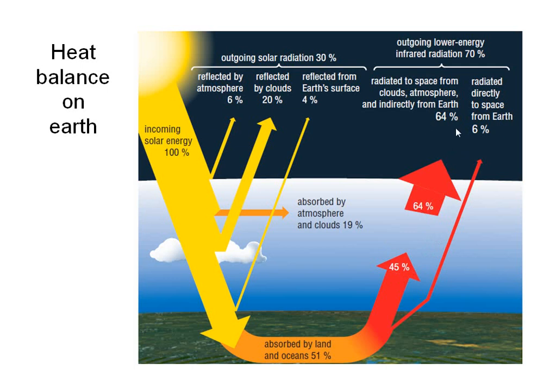So totally about 70, okay, 6% is radiated from the surface, and 64% radiates from the atmosphere. So in what form? In the form of what? In the form of